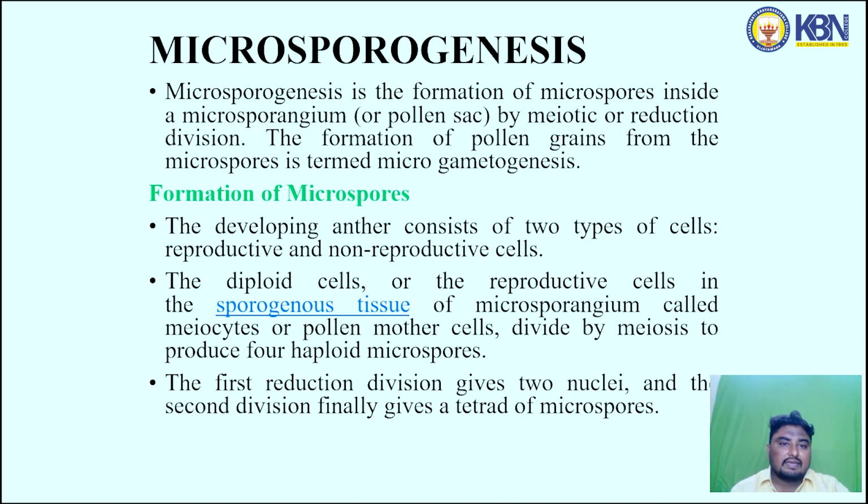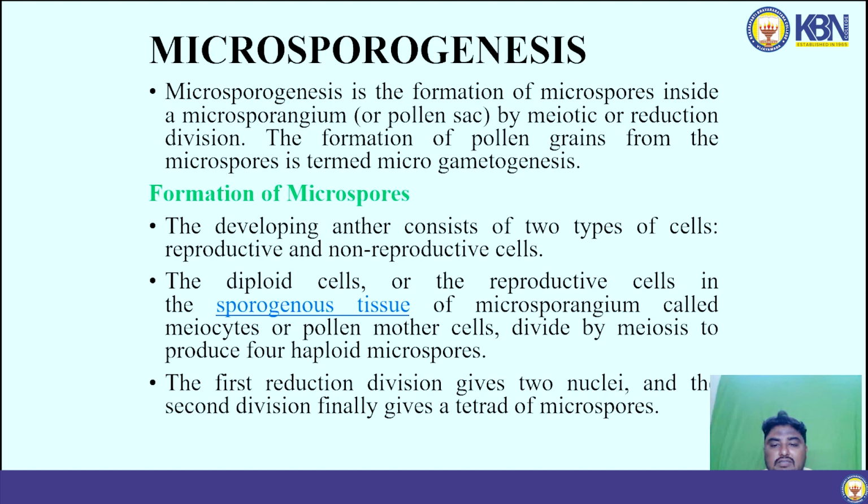The next topic is microsporogenesis. Microsporogenesis is the formation of microspores inside the microsporangium by meiotic or reduction division. The formation of pollen grains from the microspores is termed microgametogenesis. For the formation of microspores, the developing anther consists of two types of cells, reproductive and non-reproductive cells. The diploid cells are the reproductive cells in the sporogenous tissue of the microsporangium, called microsporocytes or pollen mother cells,